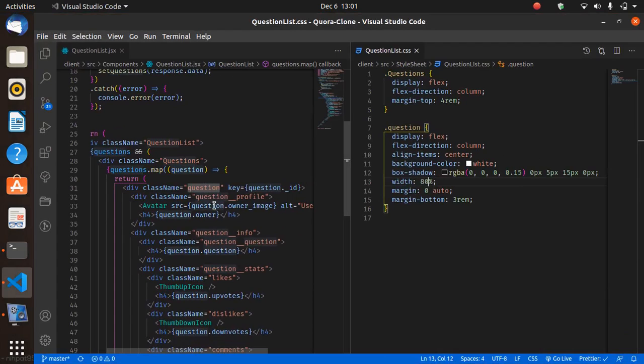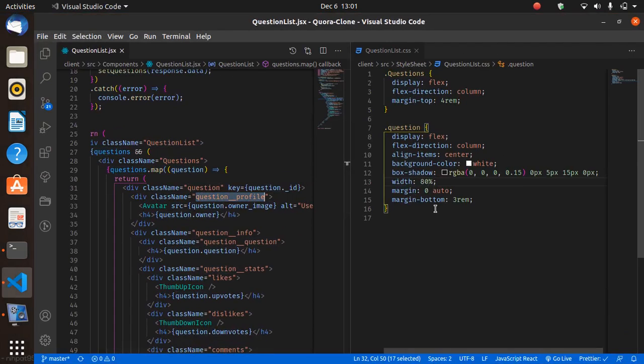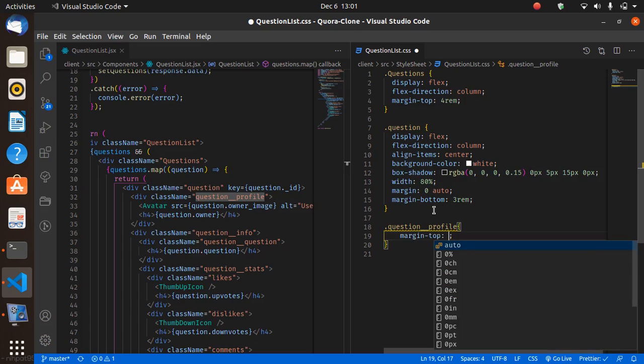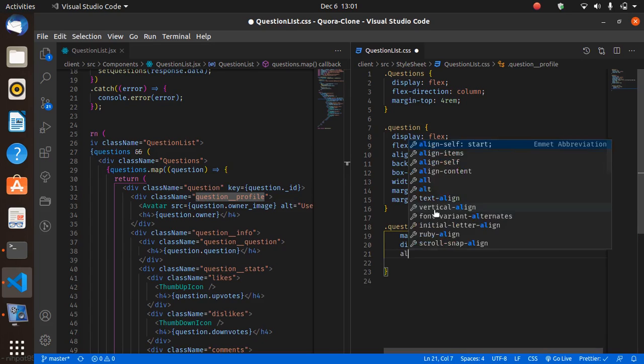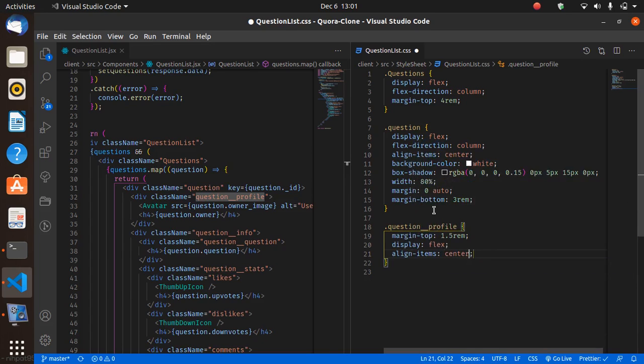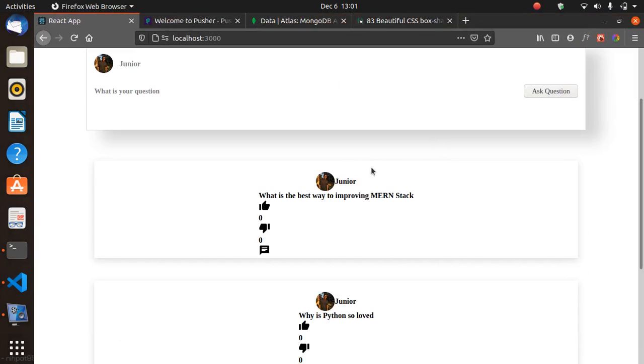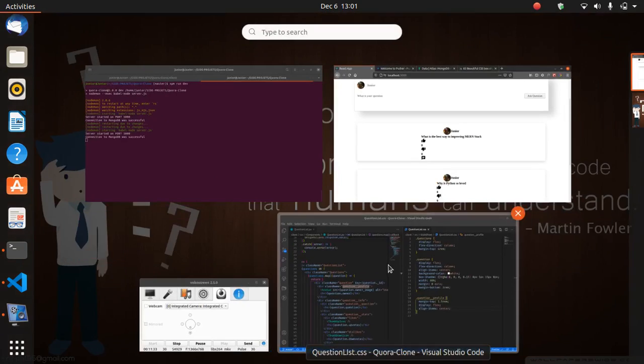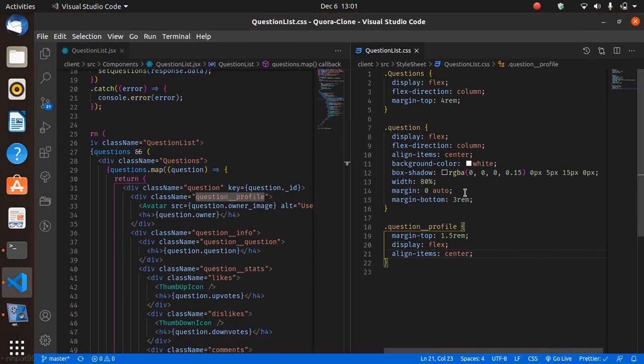So now what we want to do next is we want to deal with this profile picture. We want to margin top that, let's say 1.5 rems. We display flex, and then we align items center so that they nicely align to the name and the image. And then what we do next is we want to float